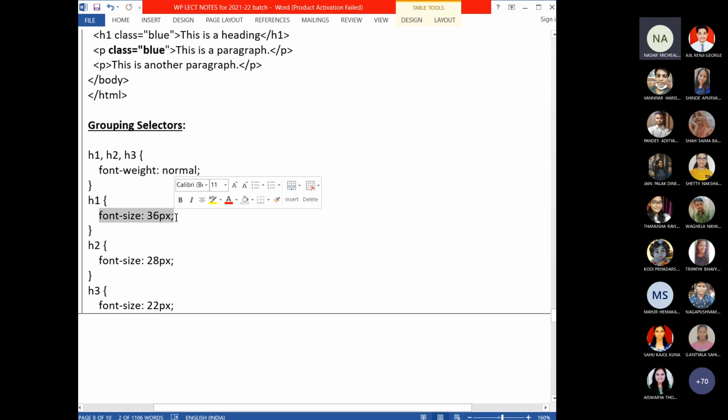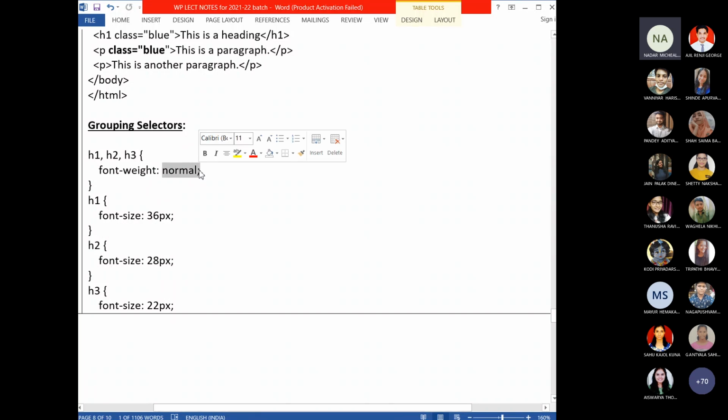So in that case, I can write a grouping selector, writing more than one selector in the place of the selector. H1, comma, H2, comma, H3. Remember, comma you have to put. All these three tags should have font weight as normal.